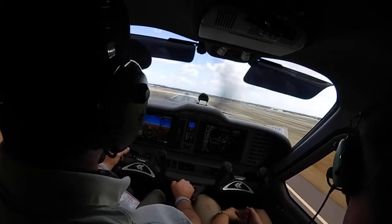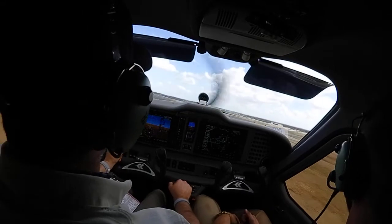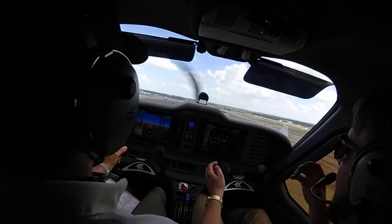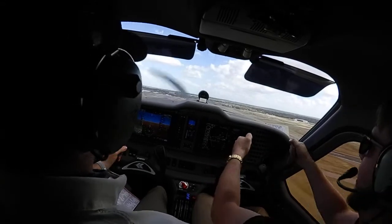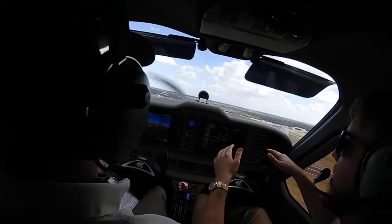Delta, fly northwestbound. I'll have a 737 departing northbound behind you. No, the landing was fine. While you're hovering, you're just trying to balance that plane. 9 Kilo Sierra, extend downwind. Yep, just go ahead